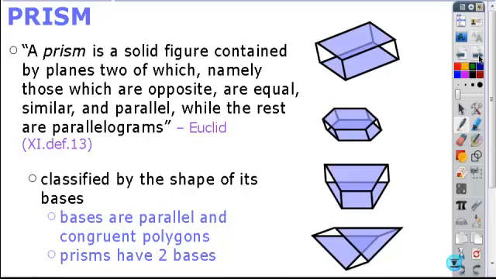All right. So let's move on then to the next polyhedra with a more specific name. It's very similar to a pyramid in that all the faces are polygons. However, it differs in some respects as well. So a prism is a polyhedron